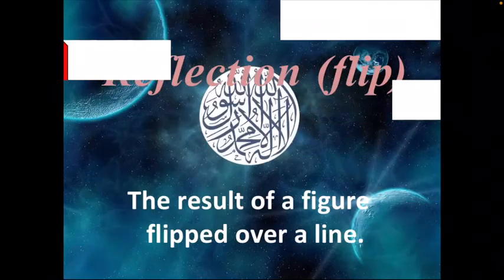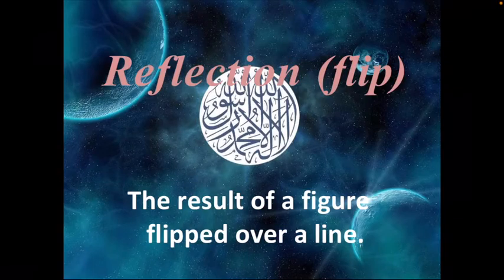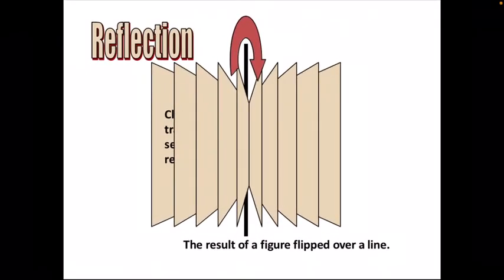So now let us see about reflection symmetry. It is the result of the exact image that can be flipped over the line. So this is your exact image of a reflection symmetry. The next one is,